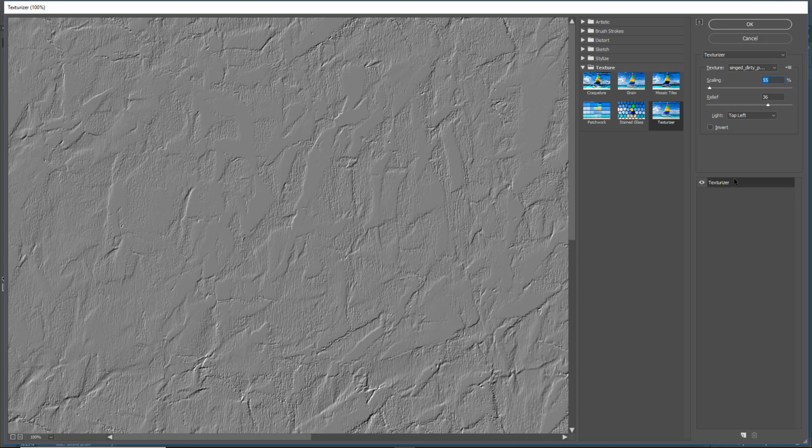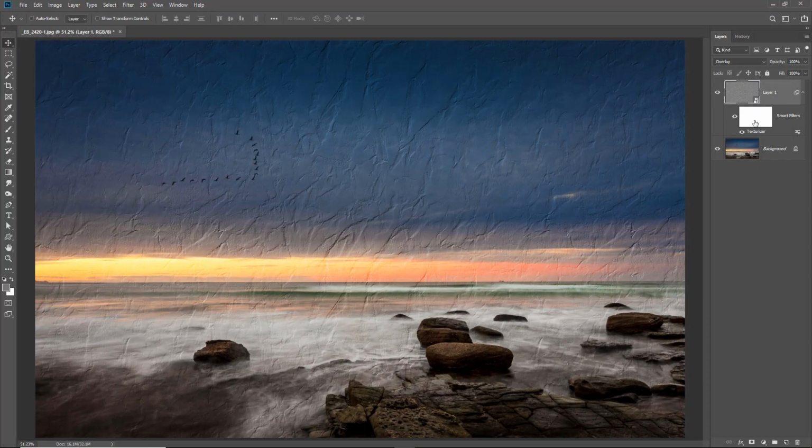I could decide to change the relief, and then I can reapply it. Working on a smart filter like this, we've got that opportunity to do that as many times as we wish. And of course the other thing we get with a smart filter is a layer mask. If I click the mask to select it, I could decide to reduce the impact of the texture just in